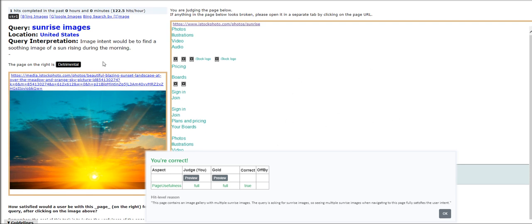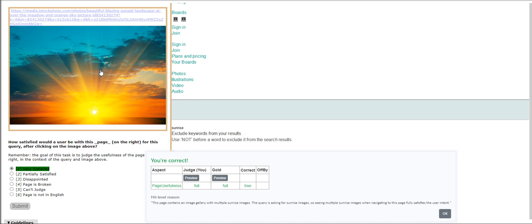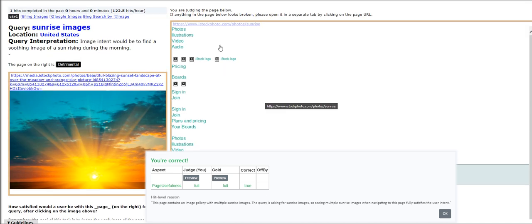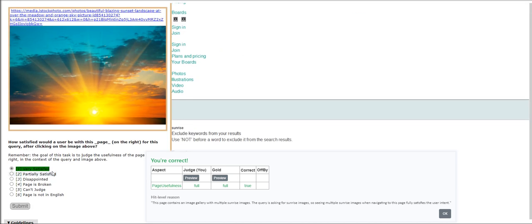Okay, so for the query, sunrise images, the location is United States. I tagged this particular website as very satisfied, and we got the correct answer. The reason behind it is this page contains an image gallery with multiple sunrise images. The query is asking for sunrise images, so seeing multiple sunrise images when navigating to this page fully satisfies the